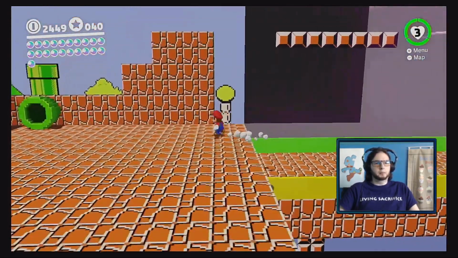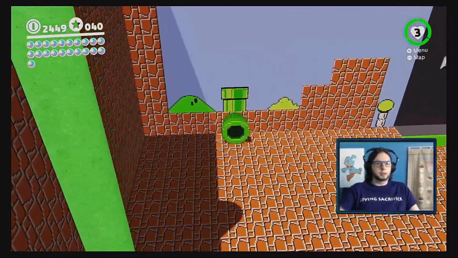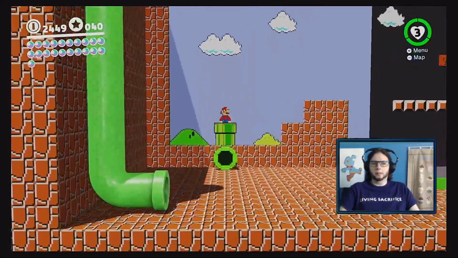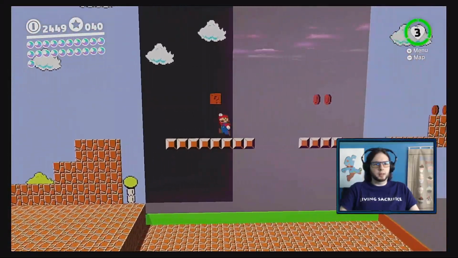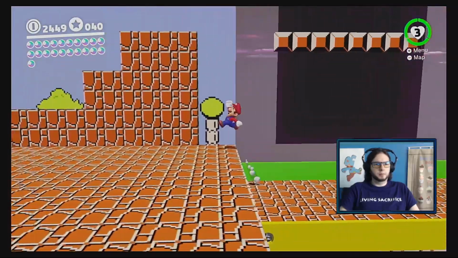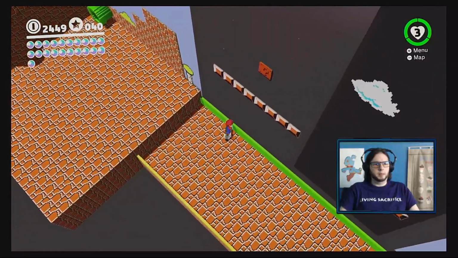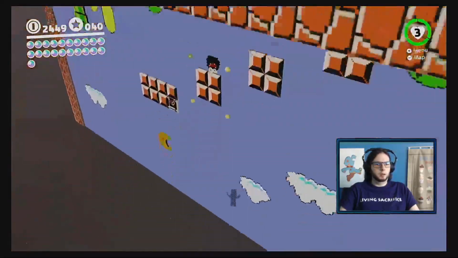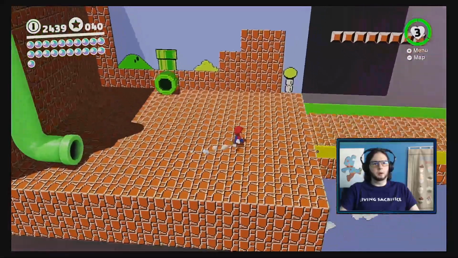I was right just here when we left off. And we're gonna come back right just here. Okay, so we're gonna try to be a little bit more competent. Oh, that clearly didn't work. Oh, I bet I have to fall down. To get... no, because